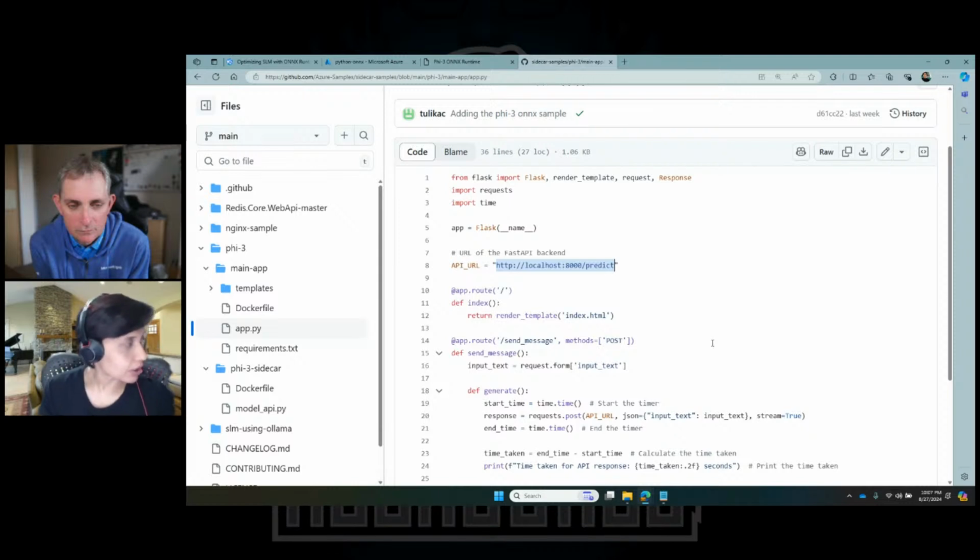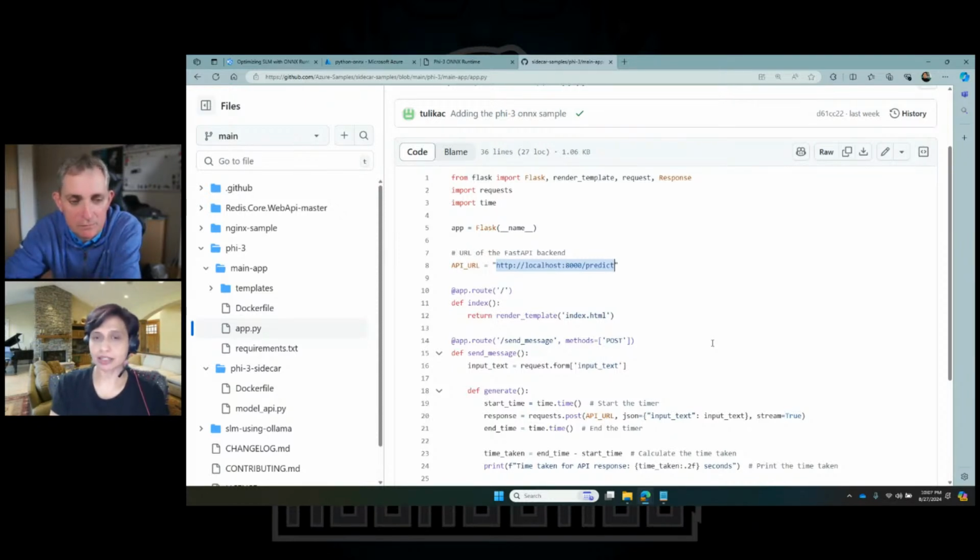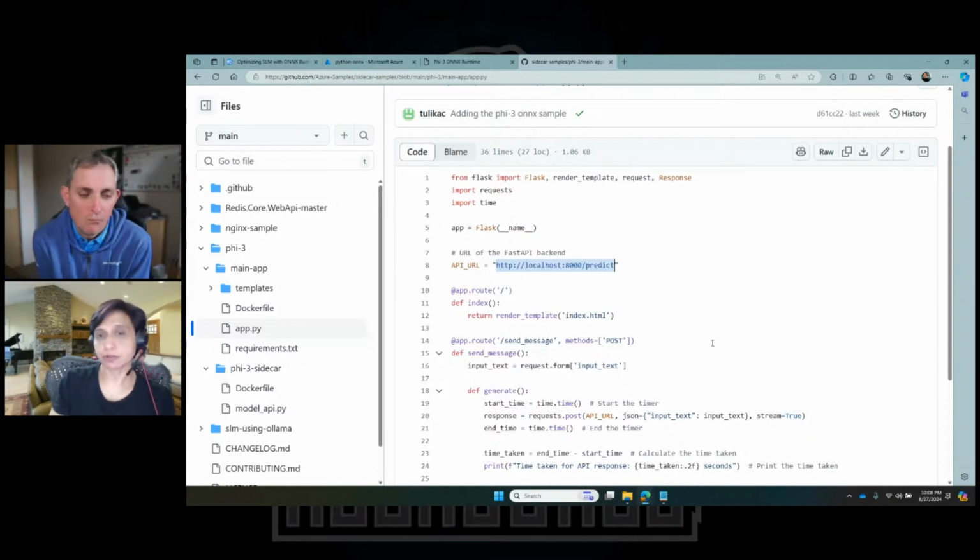I am working on another sample where I'm going to classify that and then try to limit it to my data. Hopefully I should have that working in the next few days. That would be more focused on where you can say, okay, this is my organizational data, and then you could have your model just work on your organizational data and not go off on its own data. Very cool.